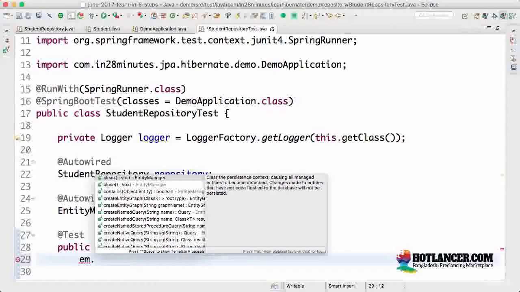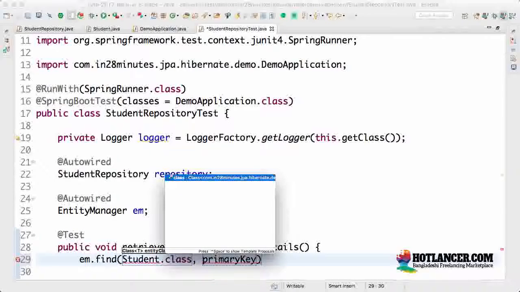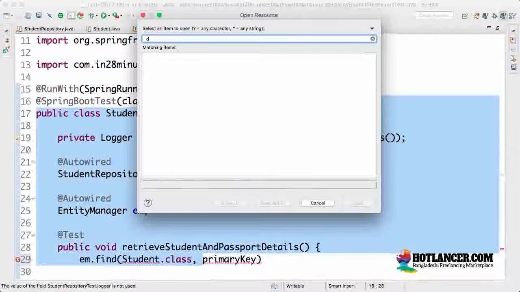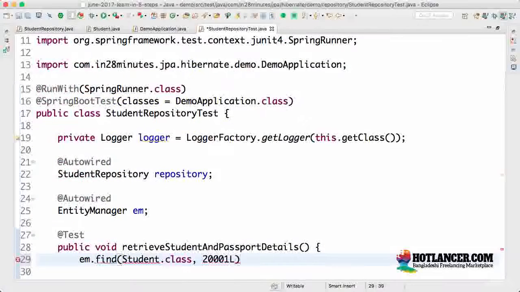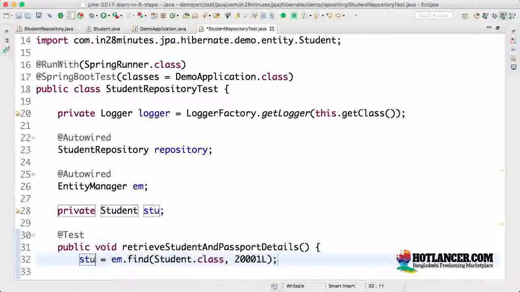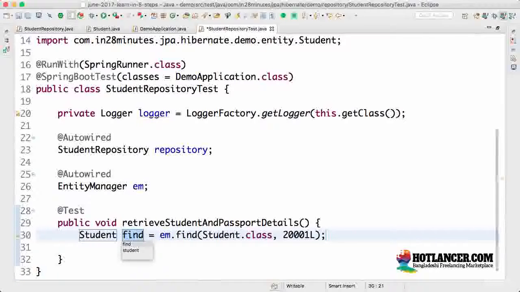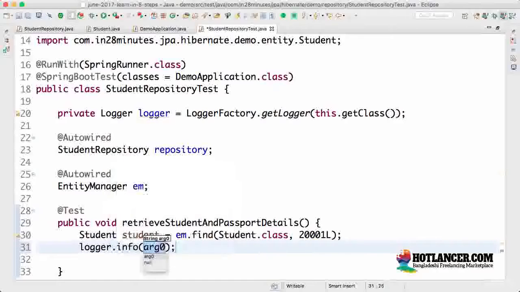EM dot find, I would want to get the student dot class, and the primary key I would want to pass in the student ID. Let's go to the data.sql and find the student ID. The student ID, let's say, is 20001. So this would retrieve the student for us, and let's assign this to a new field. Oops, I don't want to create a new field. Let's assign this to a new local variable. So student is this, and let's log the student details, logger.info student,